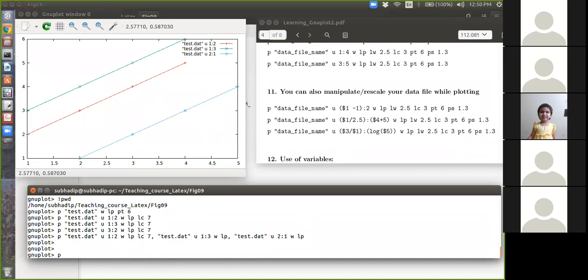Suppose you want to plot test.dat using, if you want to multiply the x-axis by say 2, so $1 will take the first column, multiply it by any number. Say I want it to be 2, 2:3. So $1 will take the data of column 1, and then it will be multiplied by 2, 2:3 with linespoints.